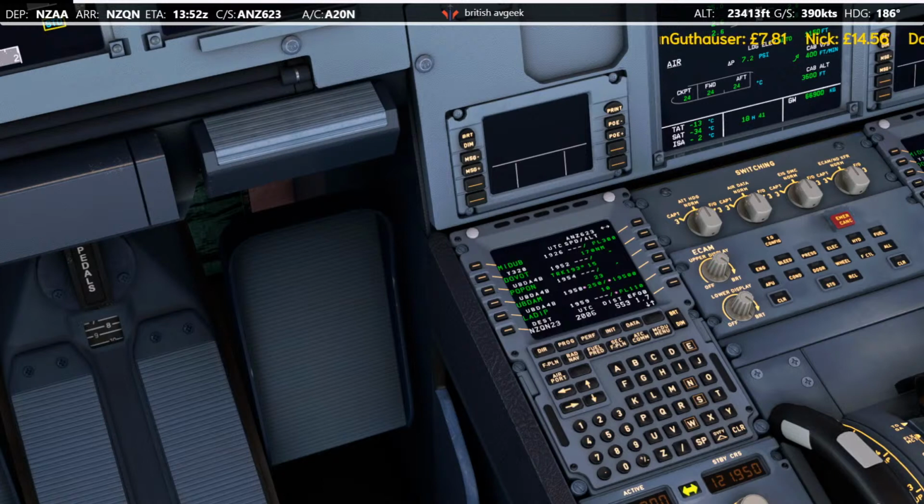So we want approaches. No, sorry, arrivals up to 4 Bravo, approaches. It's giving me RNAV Golf or Hotel there as options. Wonder what they look like. They could be quite fun. They're not much different, to be fair, than the RNAV Zulu. RNAV Zulu's a bit more curvaceous star. So